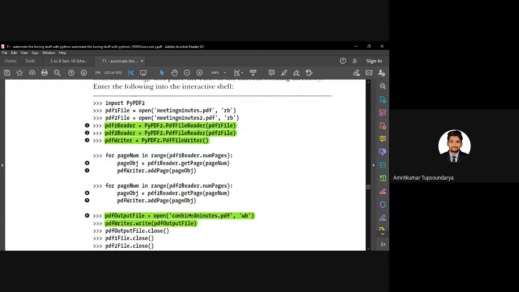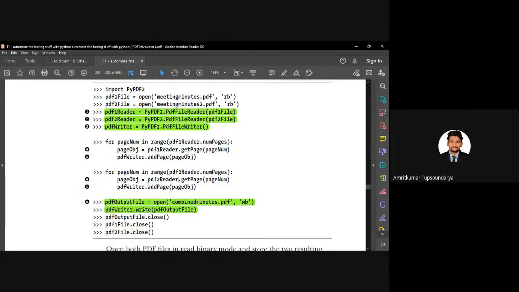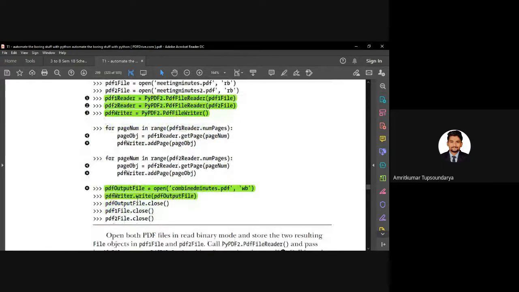We are going to open the new combined minutes PDF with the write permission, because we are going to write the content into it. Then we are going to use the object to write the content, that is pdfWriter.write(pdfOutputFile), which is our combined minutes.pdf file. And as usual, we are going to close the output file, close the first file as well as close the second file. So that's all.